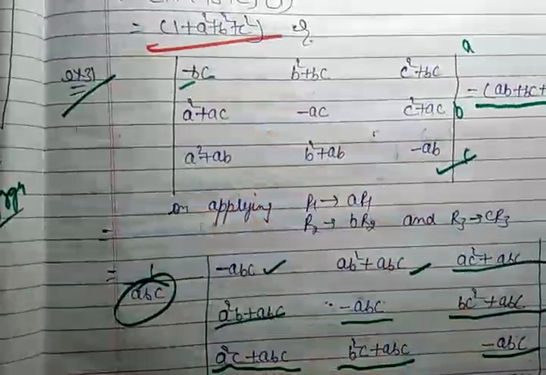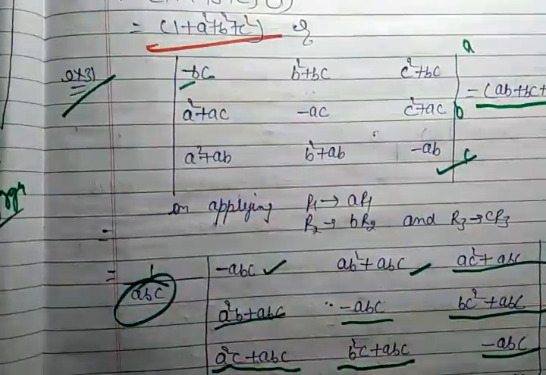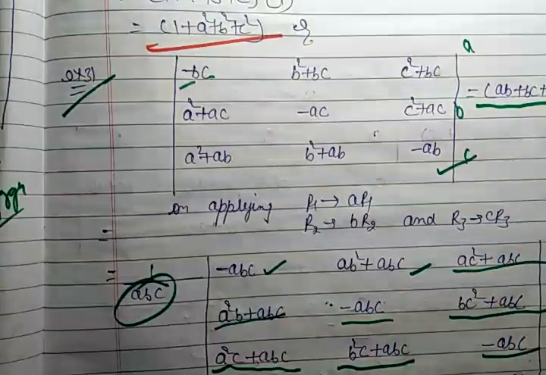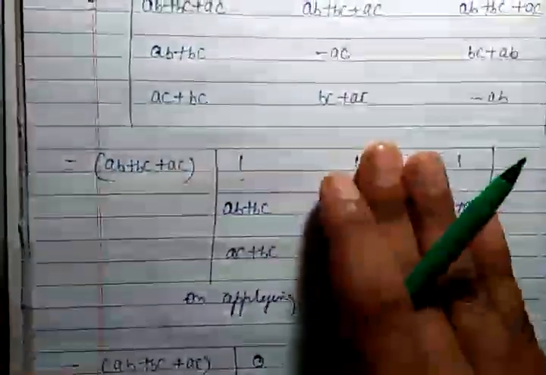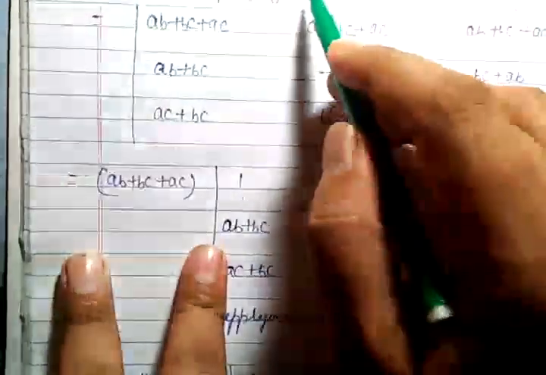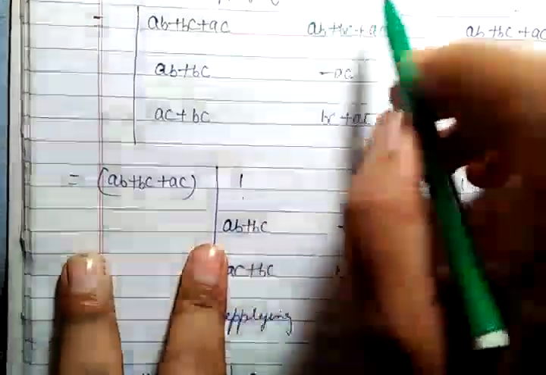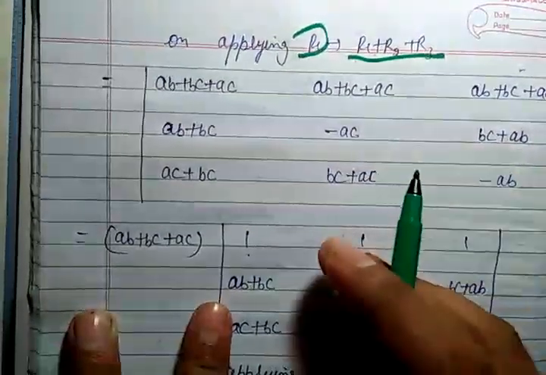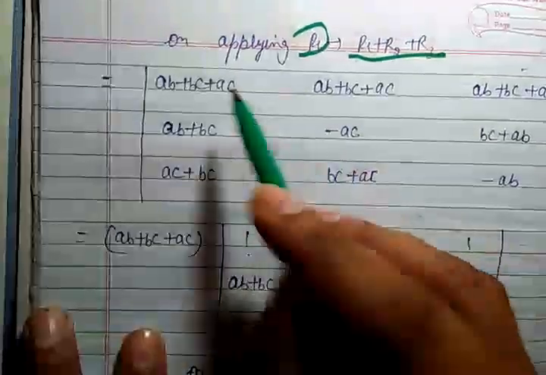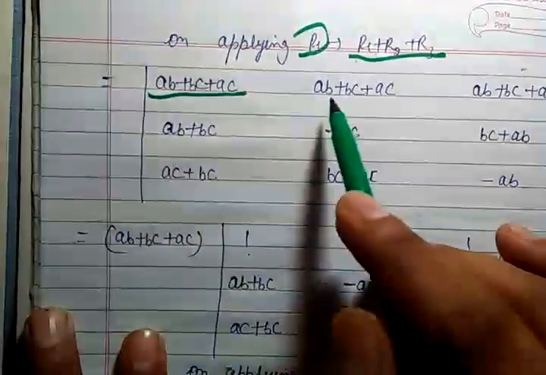This is slightly tricky. You have to first multiply r1, r2 and r3 by abc, and after that you have to take common from c1, c2 and c3. This is a little bit tricky, but don't worry, let's do further. We are going to make a change in r1: r1 becomes r1 plus r2 plus r3.